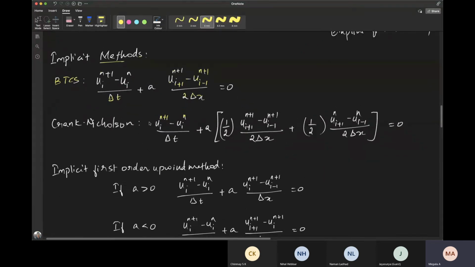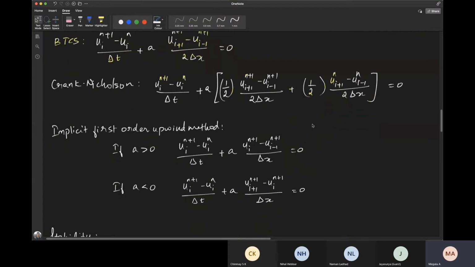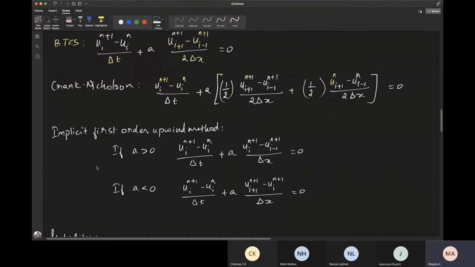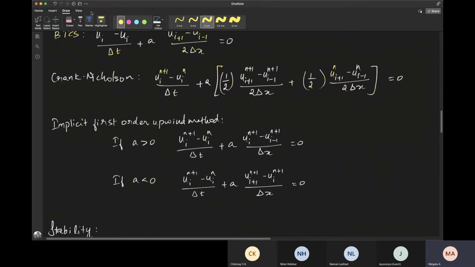Now, like in parabolic PDEs, we have the Crank-Nicolson scheme here as well. It's the same equation, but we split the explicit and implicit parts into half and half. Instead, if we have just beta and 1 minus beta here, it will be some general thing. This is something that we saw yesterday for parabolic PDEs.